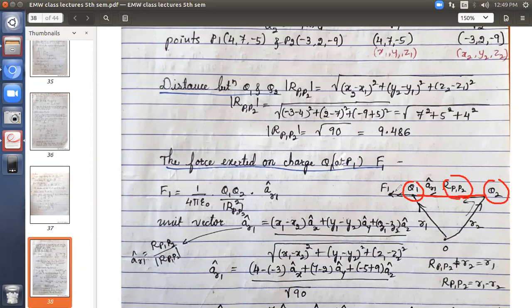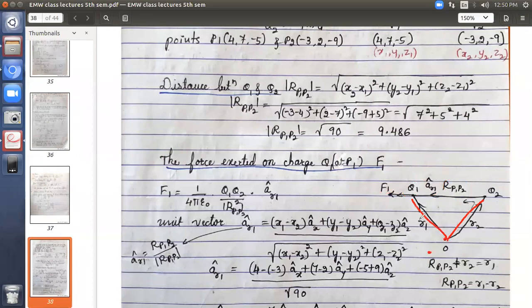Now, the direction of the force and the unit vector, both the directions will be the same. We have studied this while dealing with Coulomb's law. When we were dealing with Coulomb's law in the theory part, we have seen that whatever the unit vector's direction is, the same direction will be continued by the force. Fine. So it is important now to decide what the direction is. For that, I have taken some origin point, a common point, and checked the distance between these two, so that for this triangle I can apply vector algebra. Okay, addition I can find out.